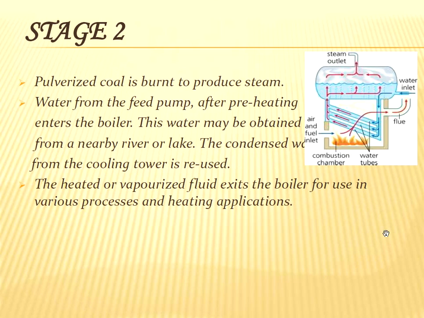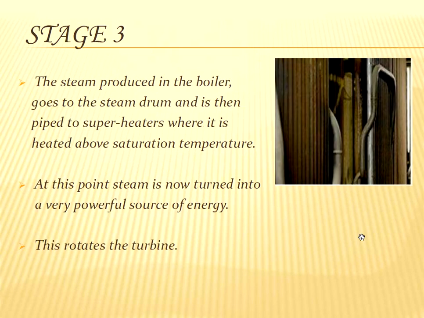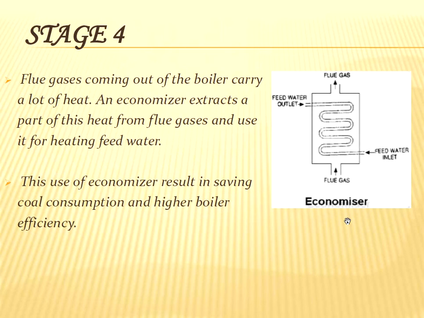This is basically the diagram of the boiler. The air and the dust coal or the powdered coal enters, so it easily combusts, and then the smoke goes out. On the other hand, the heat is used to heat the water, and the water is converted to steam, and the steam goes out to the next process. The next process is the superheating process, where the steam is again heated further and is converted to a high capability or high power steam, which is called the superheated steam.